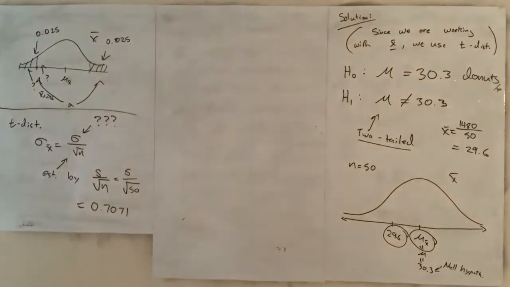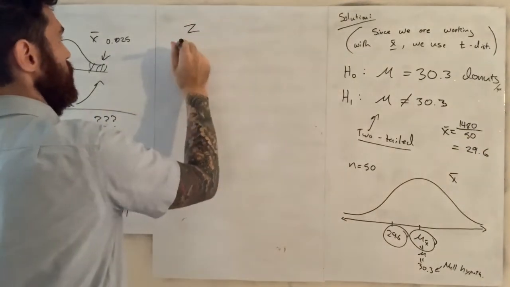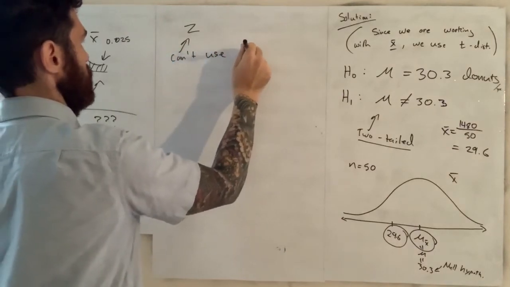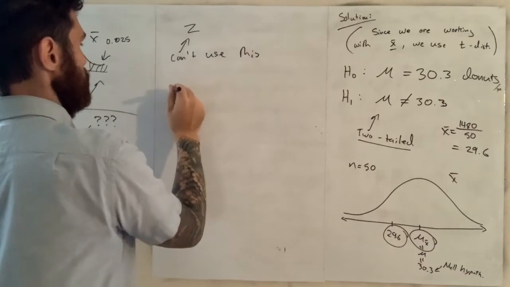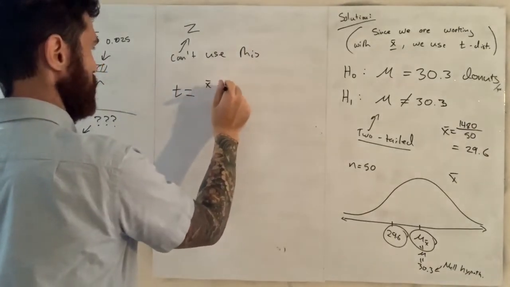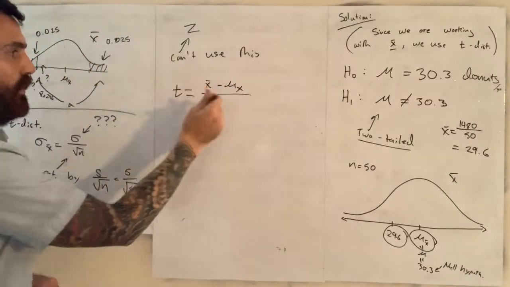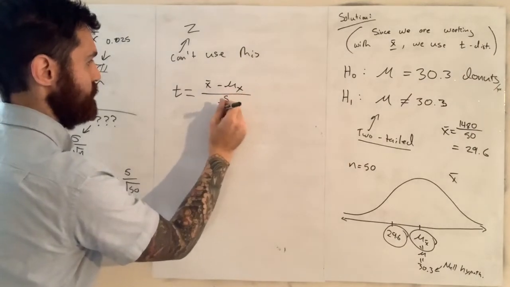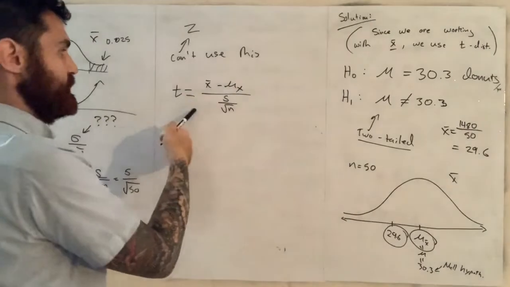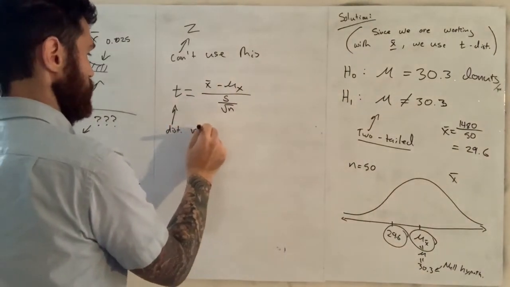And so what we have to do is, instead of using the z value, we have to use the t value, which again is just going to be our x bar minus the mean divided by our approximation of the standard deviation. And the distribution of this, remember, distribution,